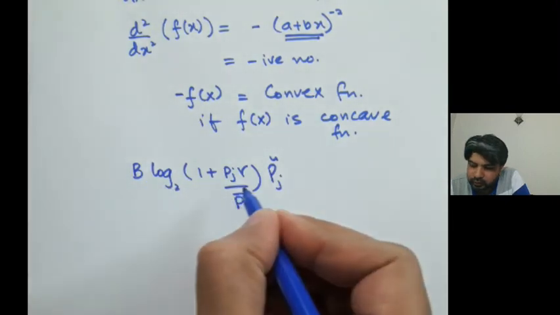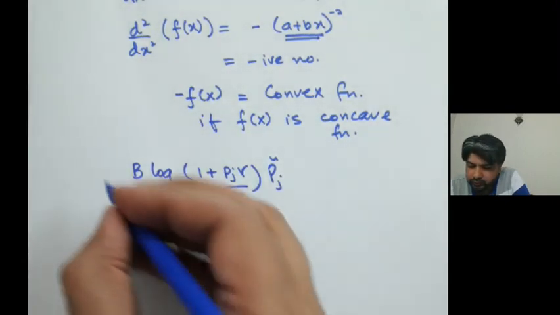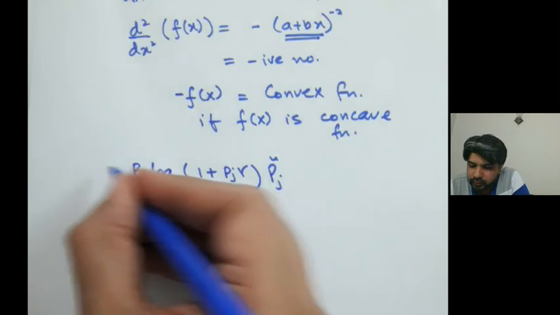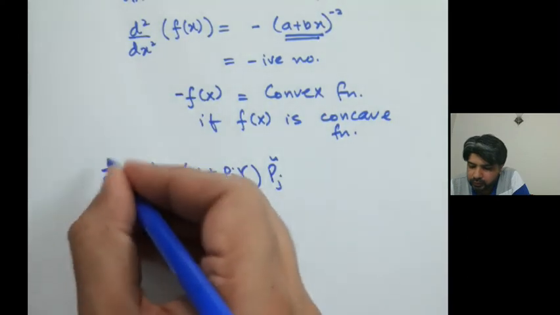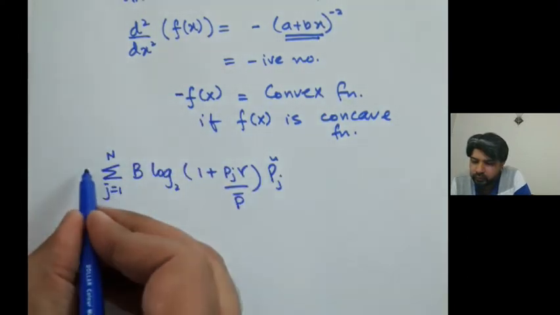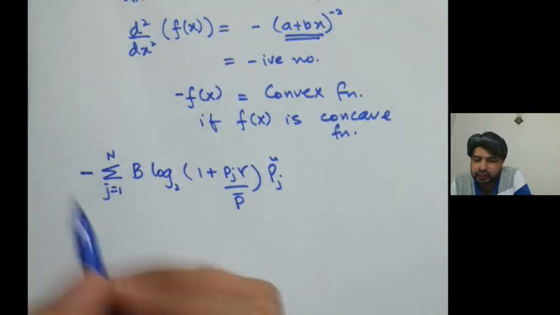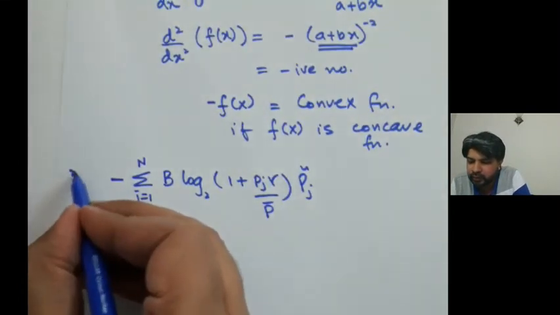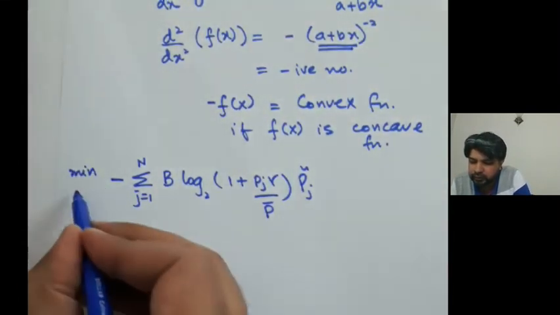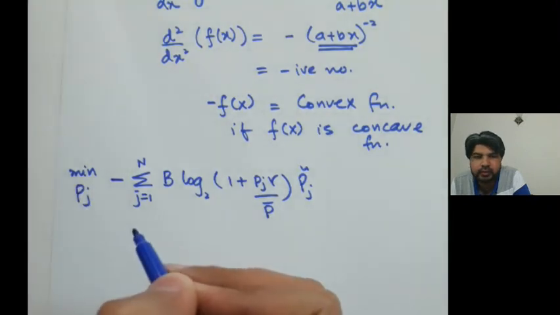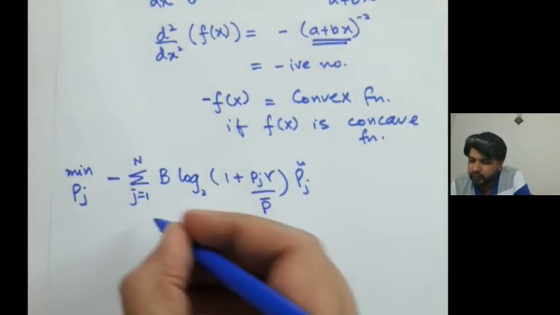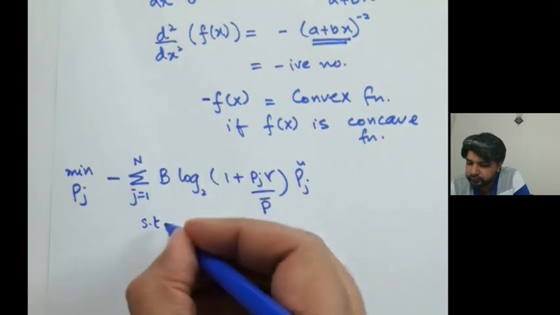So this you need to maximize, summation j equals 1 to capital N. But what we would do, we would put a minus sign here, and we would minimize this function over P_j, where P_j is your power control,